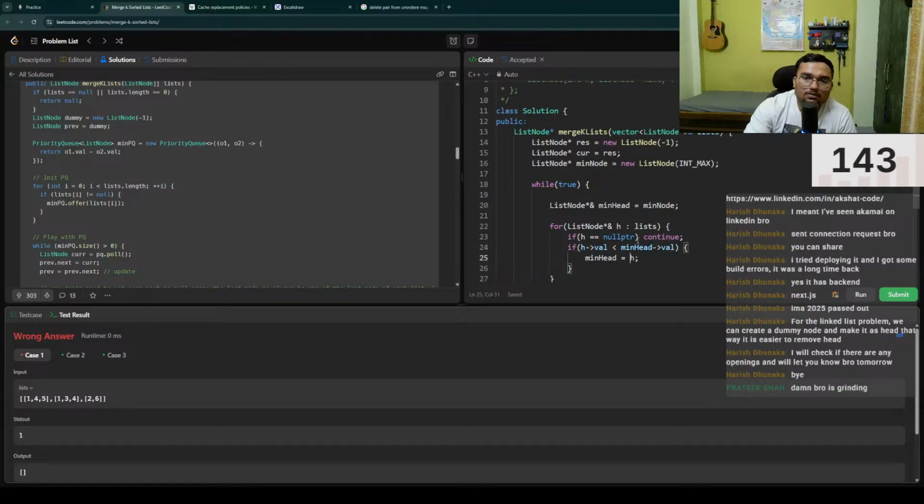Okay. Instead of this, let's do min value. If h val is less than min value,